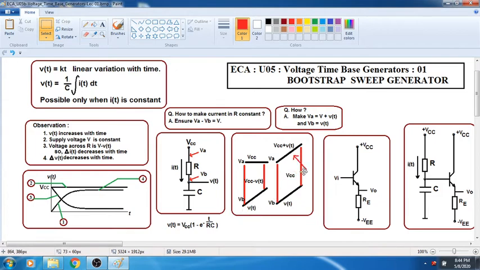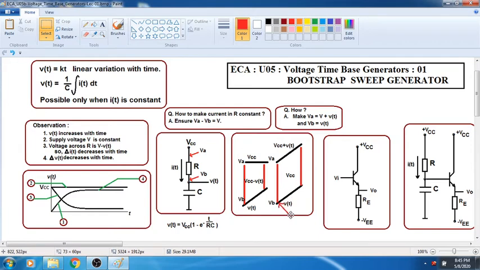How we do that is the challenge. So if we are able to somehow make the voltage at this end of the resistor equal to VCC plus VT, that means VT is a time varying voltage and the voltage at the capacitor is equal to VT, then what will happen? The voltage across the capacitor will be increasing as VT exponentially, no doubt, and the voltage at the other end of the resistor will be increasing VCC plus VT.